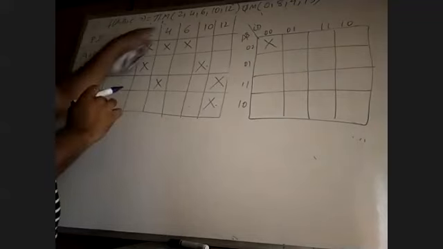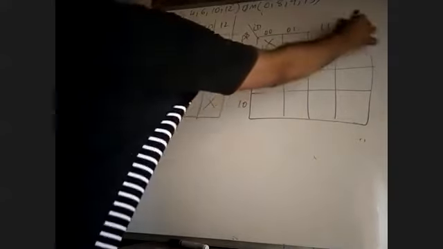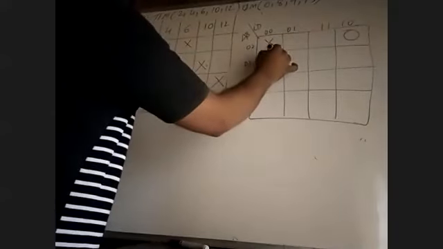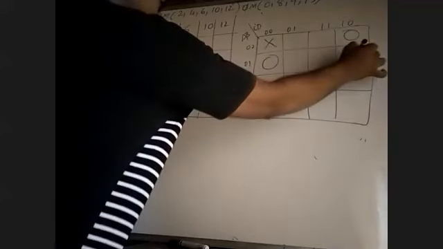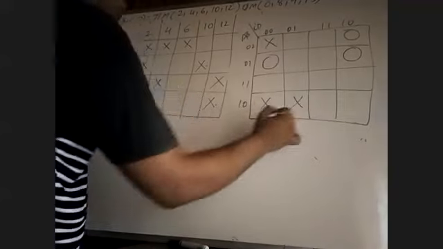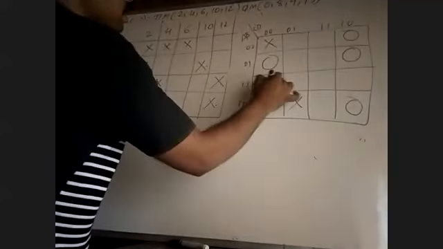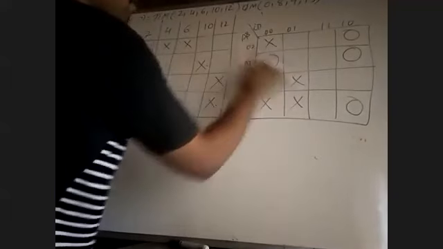2, 4, 6, 12. 0 and 2 are max terms. 4 is the max term. 6 is the max term, 8 is the don't care, 9 is the don't care, 10 is the max term, and 12 is the max term, and 13 is the don't care. We have 4 don't cares.